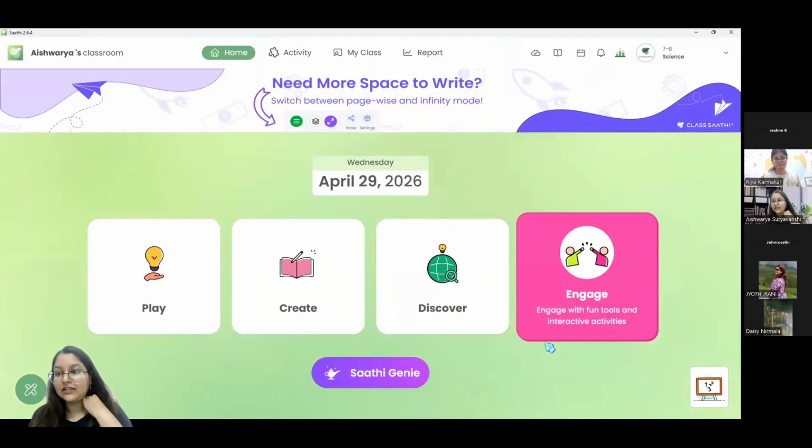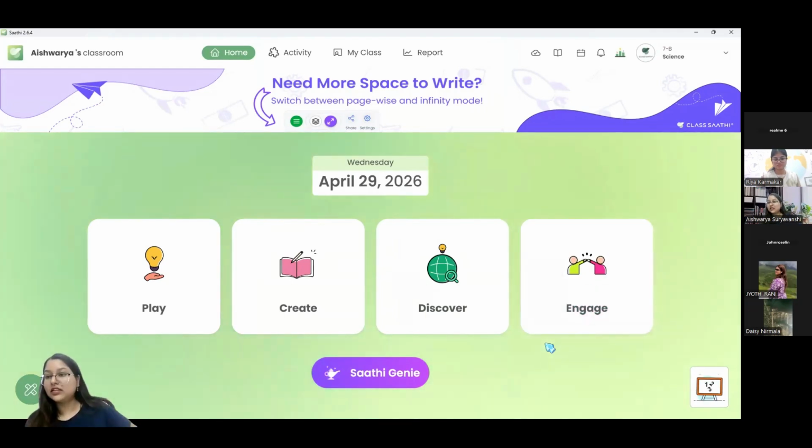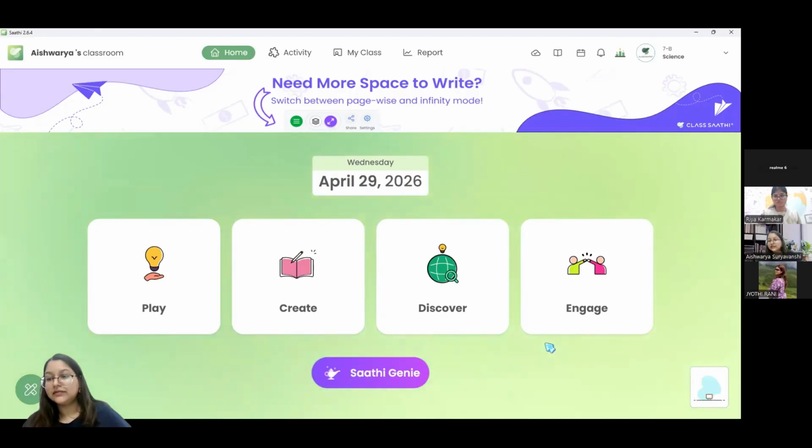Excuse me, Aishwarya ma'am. There are a few teachers still facing the same problem that they are unable to log in. Ma'am, they will need to sign in to the Zoom app, and then if they click on the link, they'll be able to enter the meeting. They have tried, but the same message still pops up.